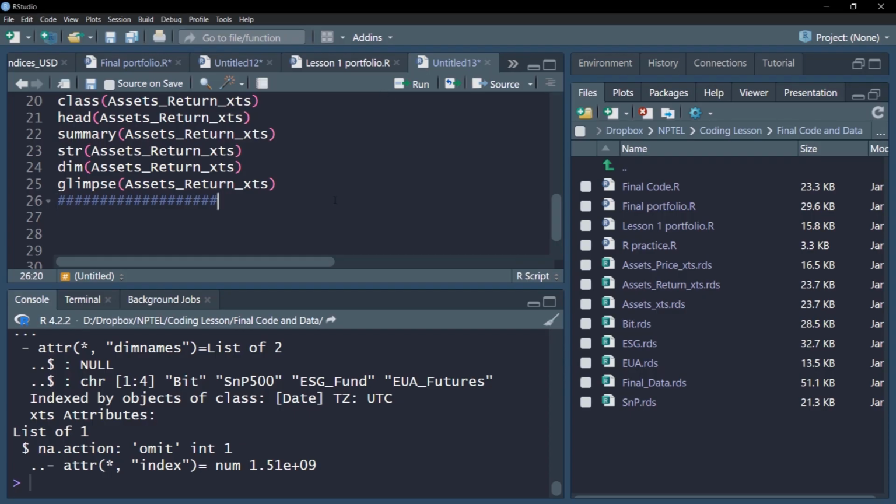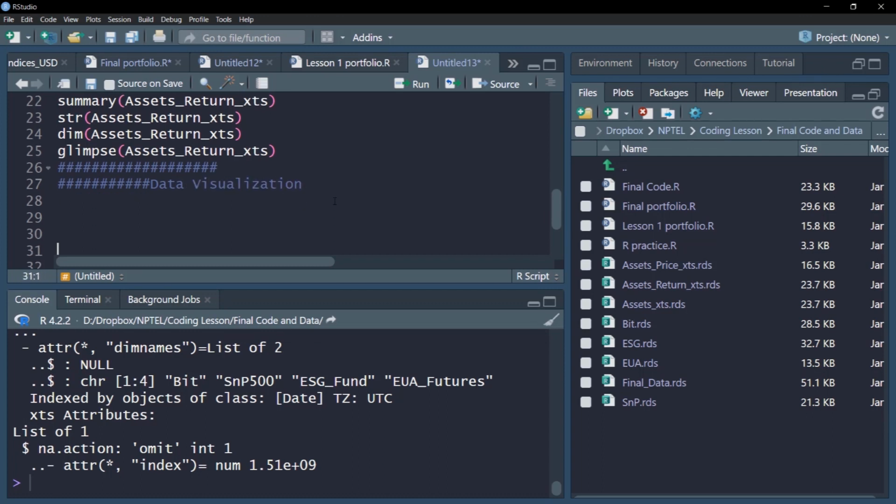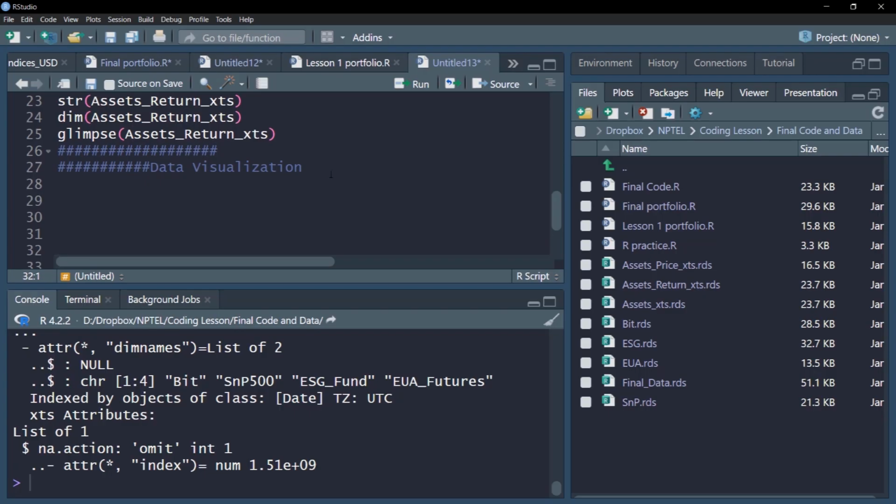In this video, we'll continue with our data visualization session. We'll be using ggplot function, which is one of the most advanced versions of what we call the grammar of graphics. This is the most advanced version of plotting data in a very simple manner.